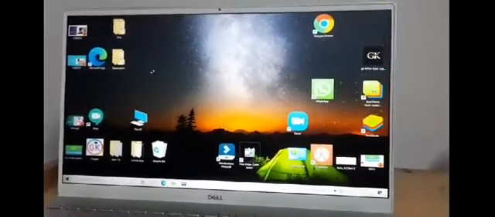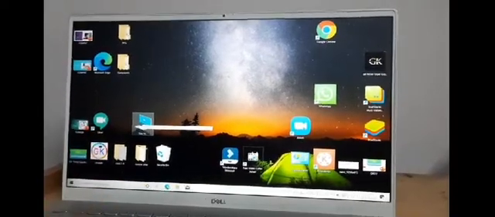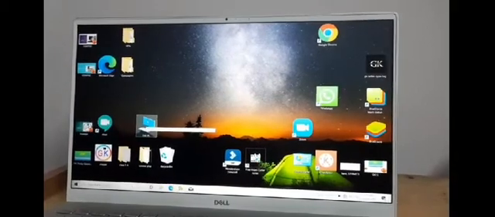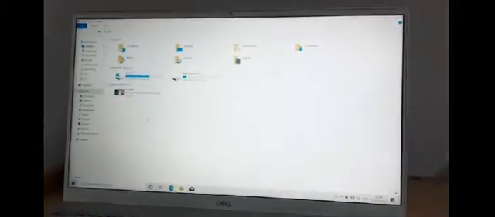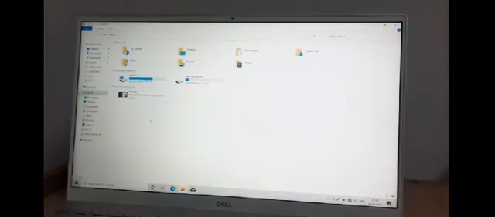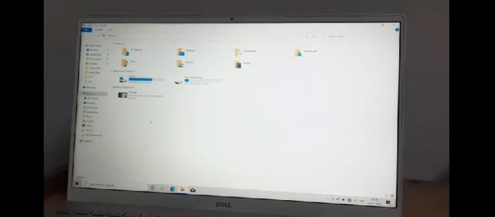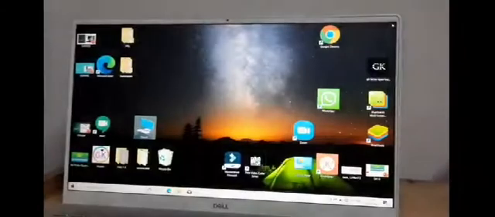So let's open this only. Keep your mouse pointer here, and now if you click one time, it will get selected, but we will click two times to open that icon. So I will click two times. You can see that the icon will get opened. So that is how you can open any program on the desktop. Alright, now I will close it and let's move to the next operation.